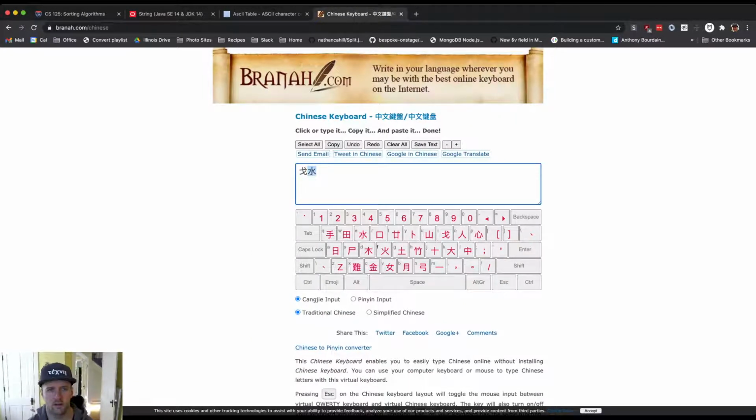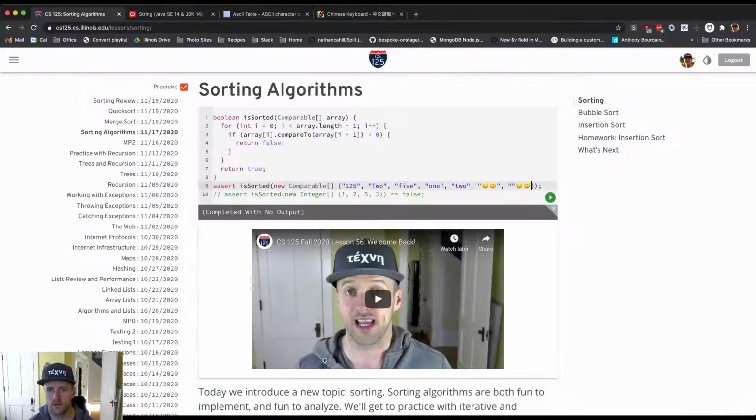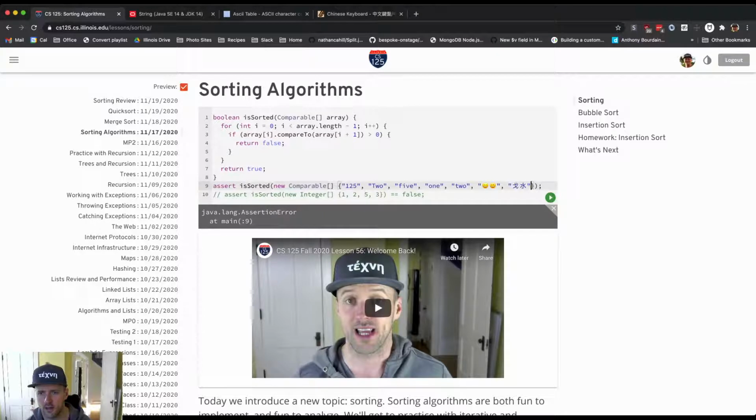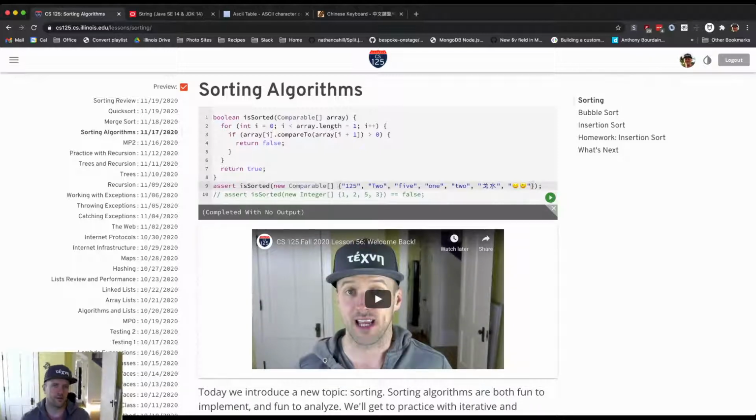Copy. Let's try this. Okay. Yeah, so it looks like these characters, I suspect that they go before the emoji. And now it's angry about something else. Oh, there we go. Yeah. So again, there is some well-defined order for every string in Java, even strings that include